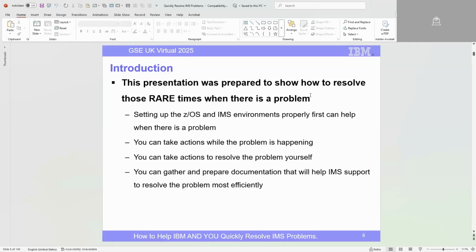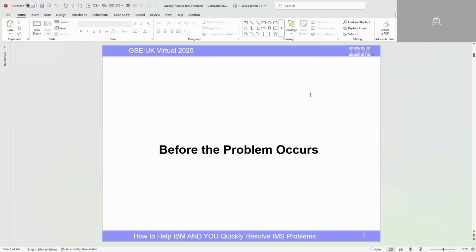This is just basically a repeat of what I said. We're going to set up the environment. We're going to do things while the problem is occurring, then try and resolve it yourself. And if not, make it easy for us to help you. Okay, so before the problem occurs,